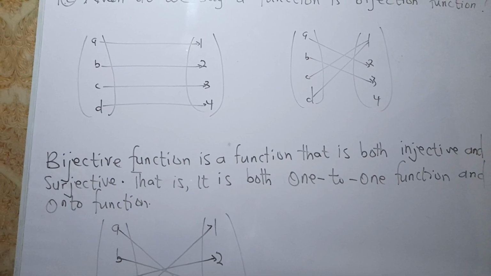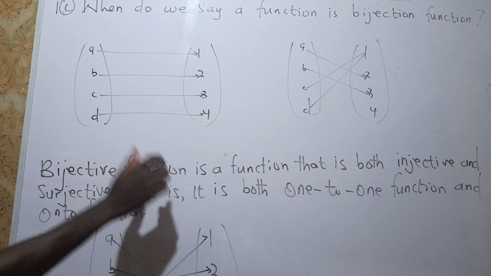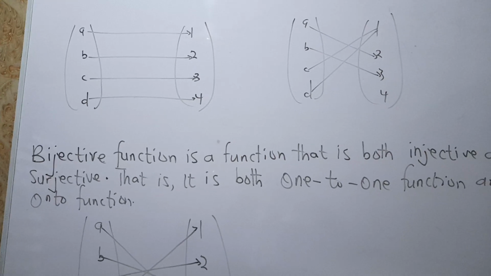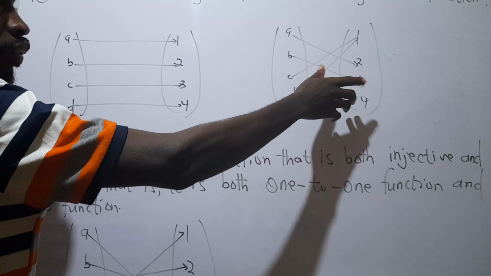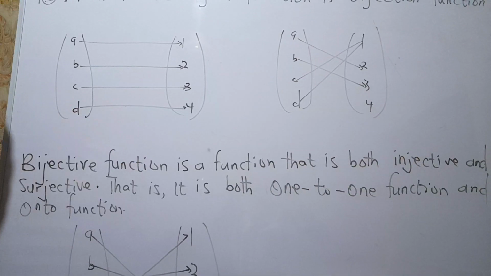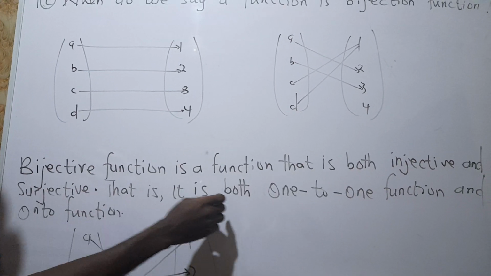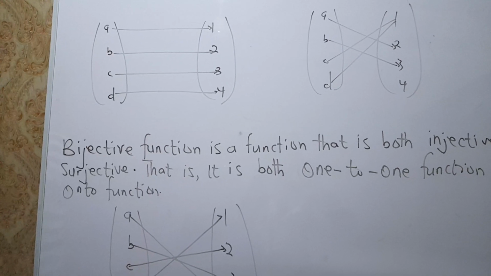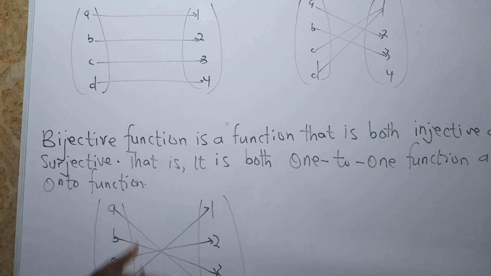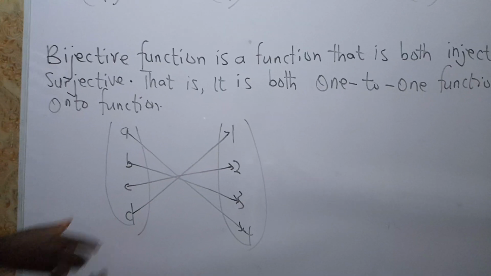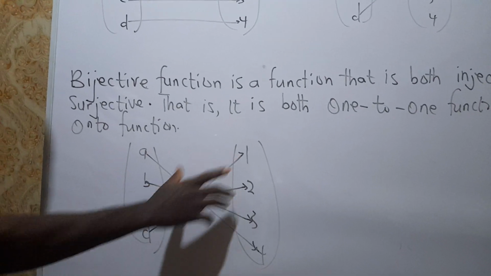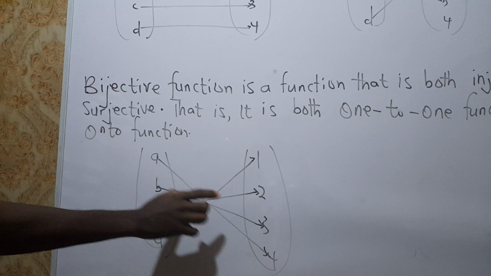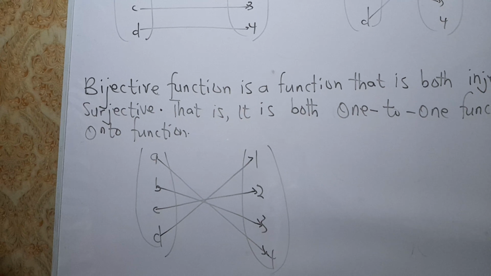So when do we say a function is bijective? A bijective function is a function that is both injective and surjective. When a function is surjective, we call it an onto function. So we said that when a function is both a one-to-one function and an onto function, then it is a bijective function. A perfect illustration of a bijective function is this function here. You can see that this function has one-to-one correspondence. That's each and every member in the domain maps to only one member in the codomain,